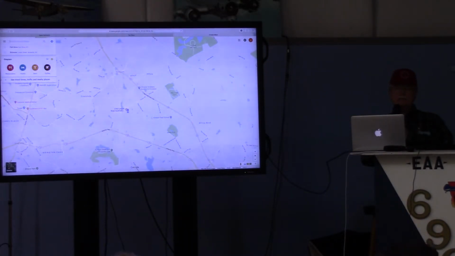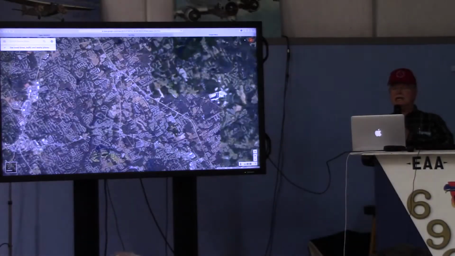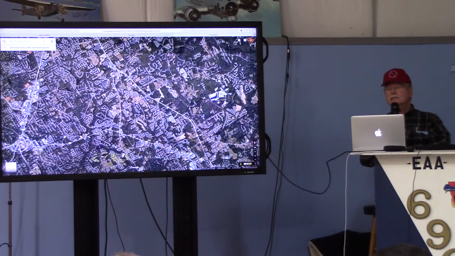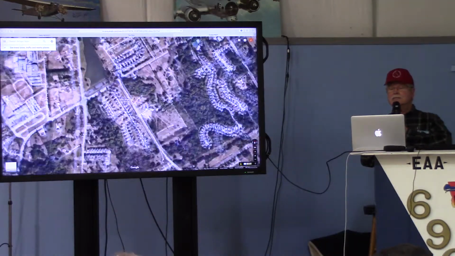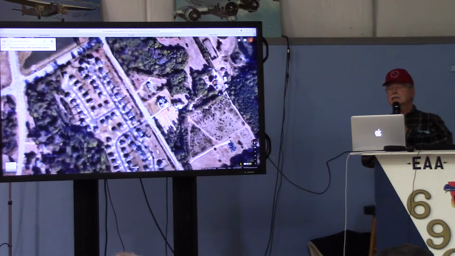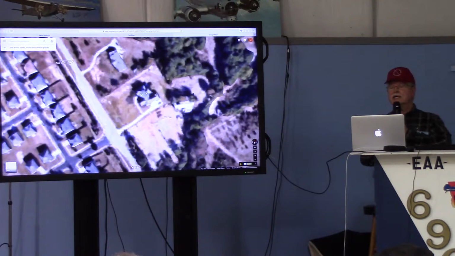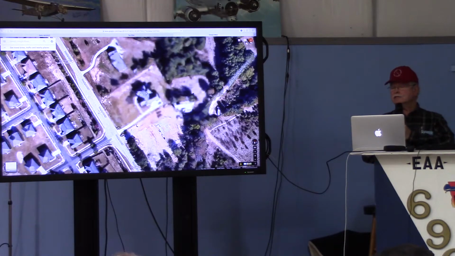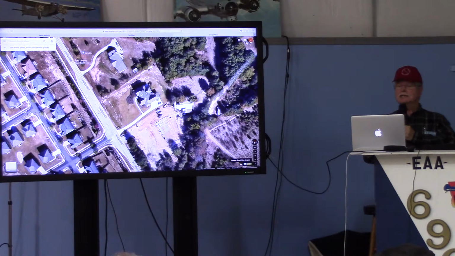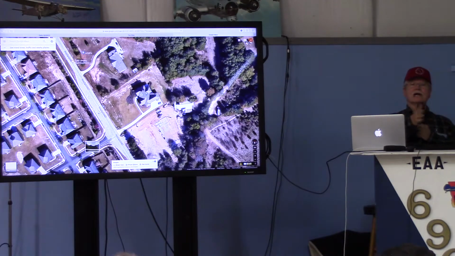On Google Maps, you've got the satellite view. You click that. And I wanted to show you this about Street View, which you may or may not know. This is actually my QTH, which is right here. But if you turn on Street View, which is this little man down here, you'll see blue lines. Any place there's blue lines, that's where the Google car has driven, taking photographs. So you can click on the line,